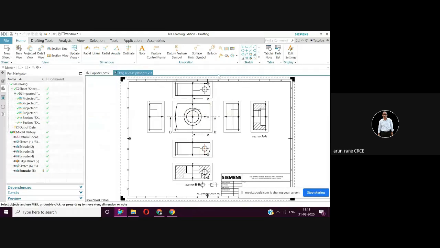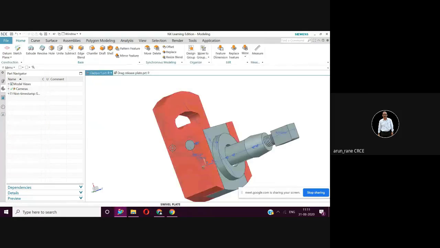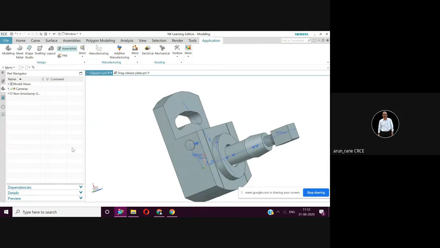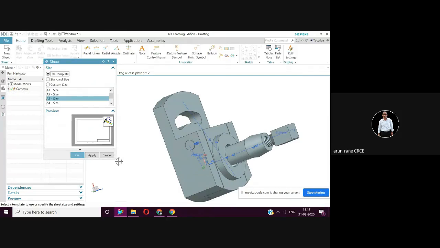And another thing, I'll go to Clapper now. In Clapper, I'll go to drafting and quickly draw the bush. And this is big, I will only draw one view.